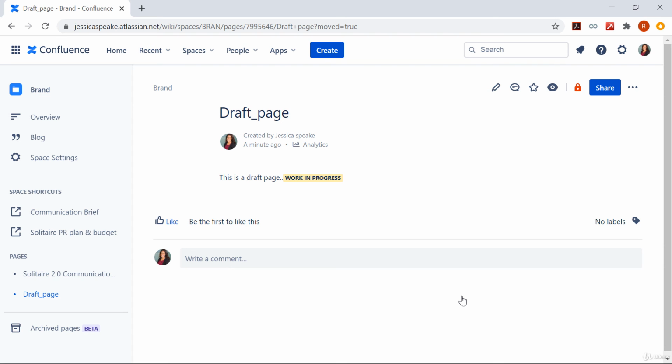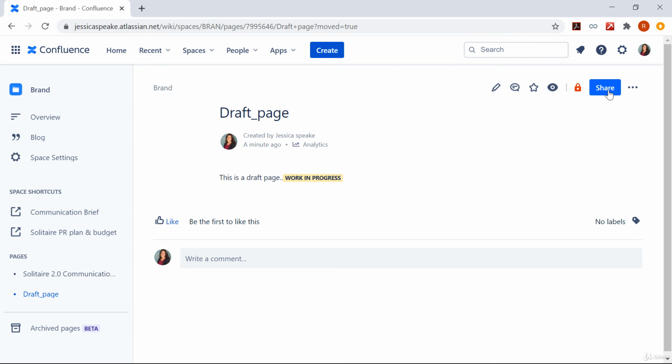Please note, drafts don't have an actual location and don't show up in searches. So they start off invisible to anyone except the person who created them. If that person then shares the URL of the draft or invites others to edit the draft with them, those people will be able to see that draft and edit it.